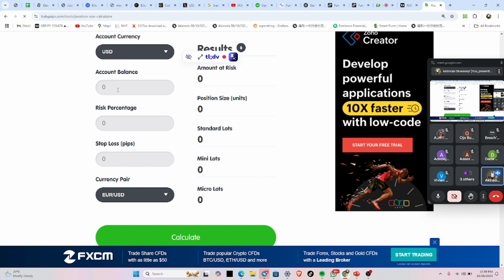The link is inside the PDF already. I'll be dropping the PDF immediately after the class. But to be on the safer side, www.babypips.com/choose/position size calculator. What this does is it gives you the proper and standard lot size to use based on